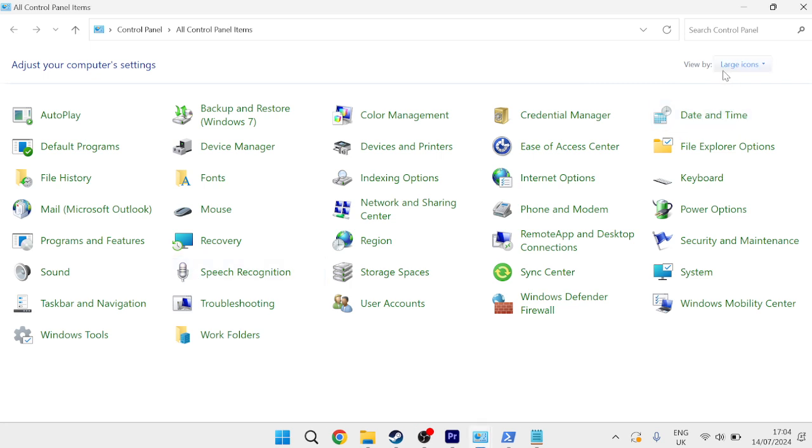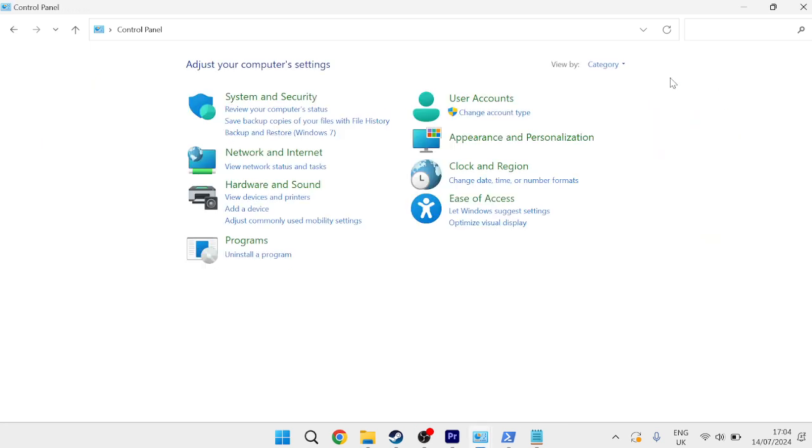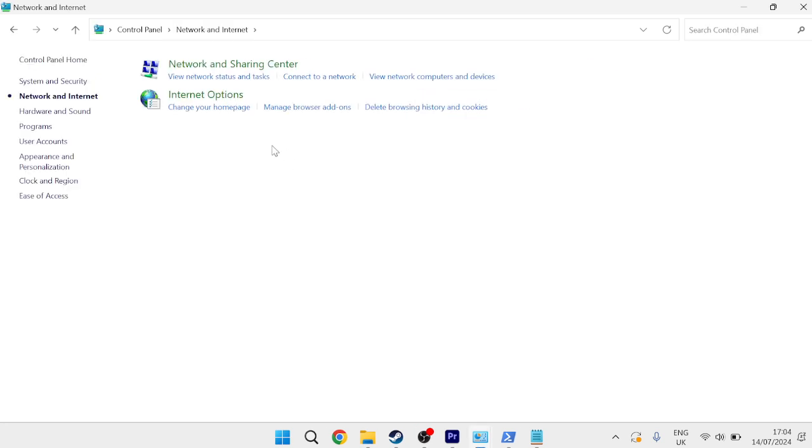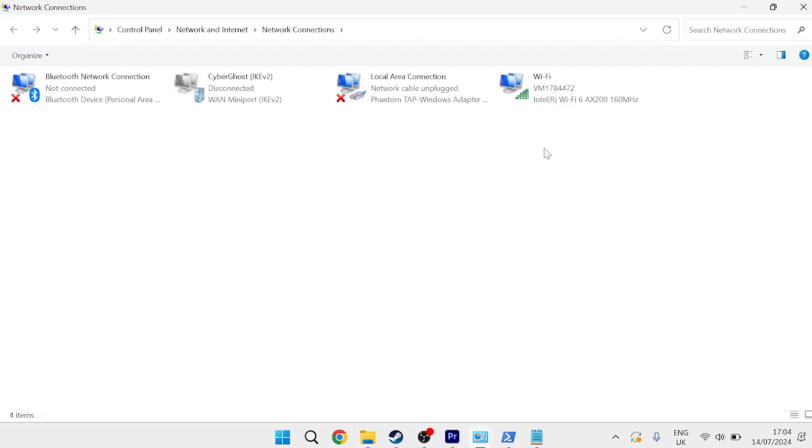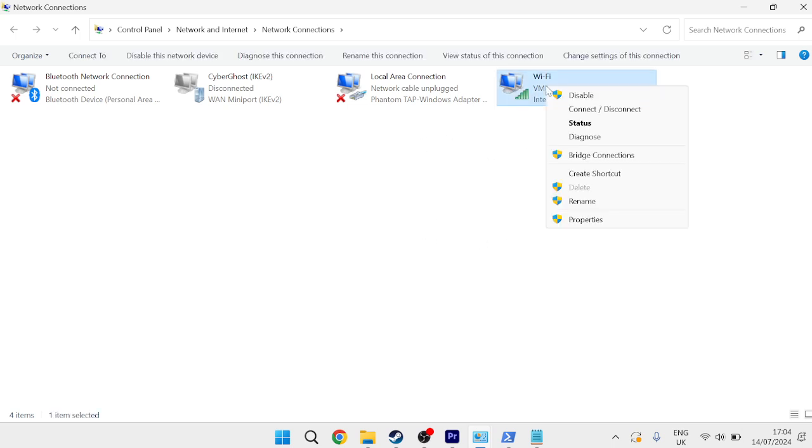We're then going to change the view by here from large icons to category and come inside of network and internet, inside of network and sharing center, and then press change adapter settings from the left hand side here, and you need to locate the Wi-Fi that you're currently connected to from this list. So mine's this network here, and we're going to right click on this and come into properties, and inside of